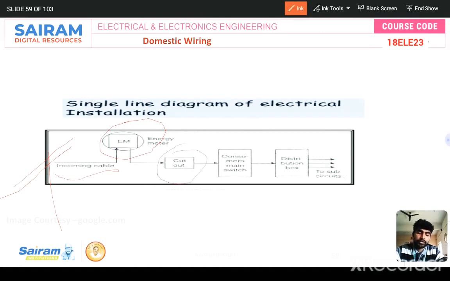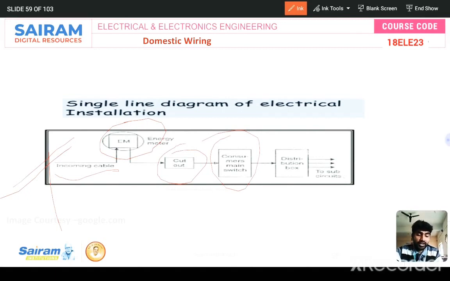And the cutout is a switch-like structure for on-off purposes. And then the consumer main board. For example, I can say our college, Sri Sai Ram College of Engineering. At the backside we have a generator block, where everything is controlled, I mean, control over our whole college, like the hostel, mechanical department, other laboratories and cafeteria. There we have a consumer main switch. If that switch is closed, definitely there is no power supply throughout our college.